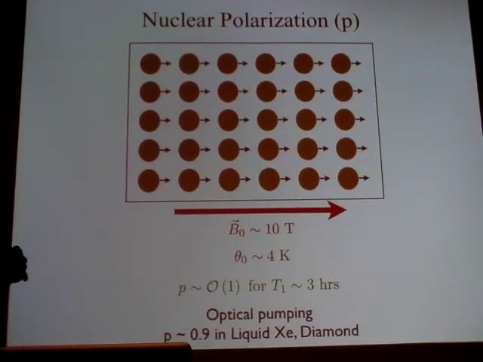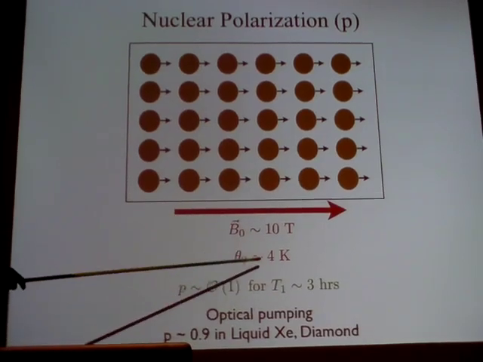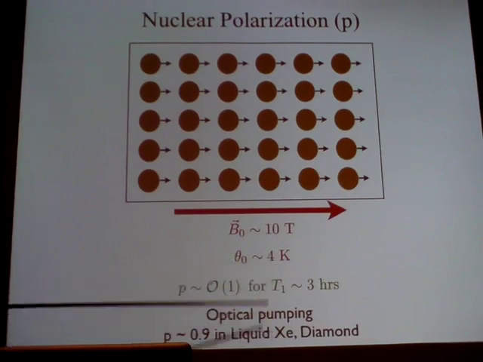Thank you. Okay, so nuclear polarization. Now I won't go into much detail about how this is done. It's not easy, but it's been demonstrated in a bunch of systems. The basic idea is that you first create some external magnetic field. It's a large field, like 10 Tesla. You cool this thing down to about 4 Kelvin, and once you do that,